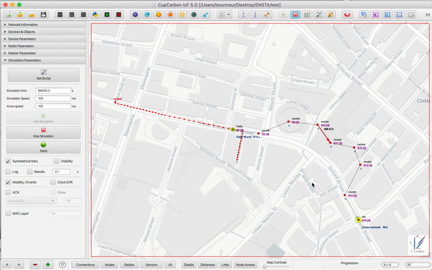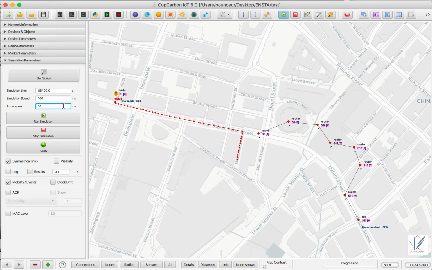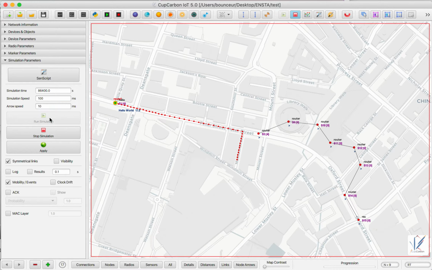And now you can see that when it arrives here, it communicates with that one, it sends a message each second, and then it continues sending messages. Also, I can increase or reduce the speed here, or increase the speed by reducing this value. So as you can see,